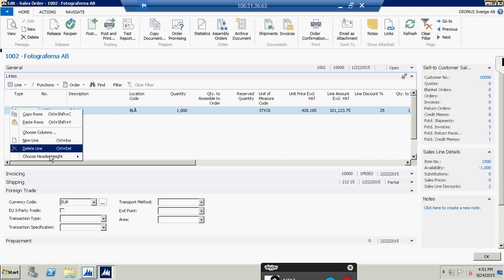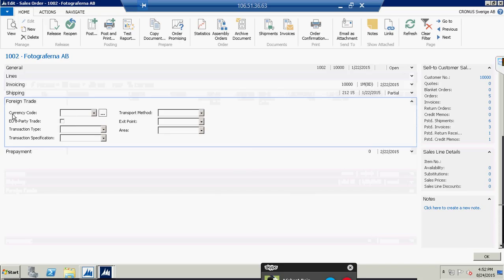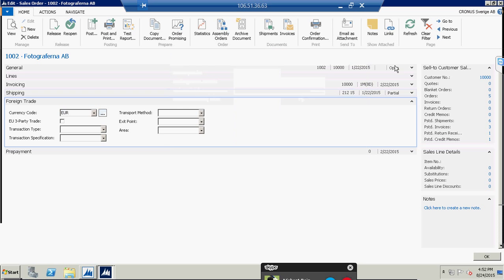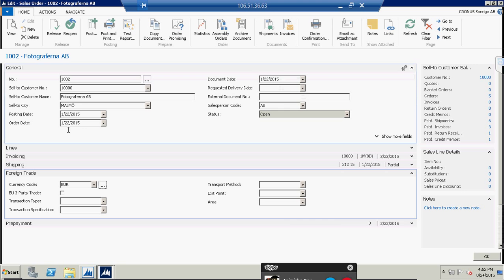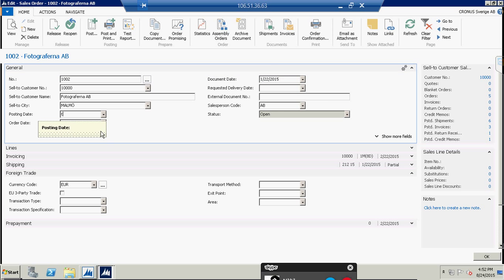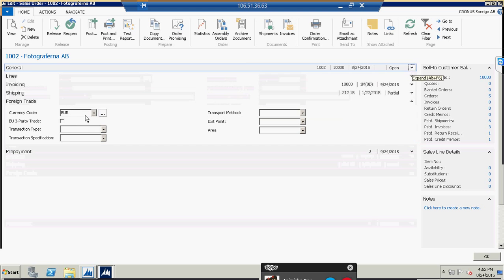So I will delete this line, and I will remove the currency, and I will add it again. Okay, we shall change the date because the date is 1/22/2015. So if I change the date to today, and let's say,